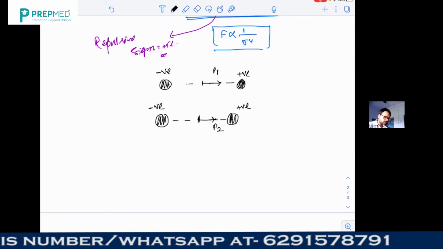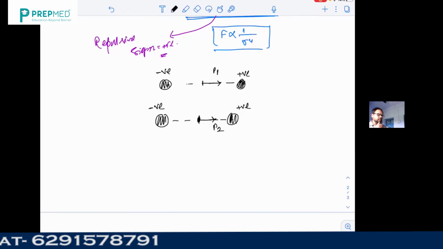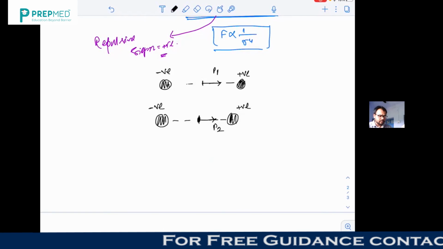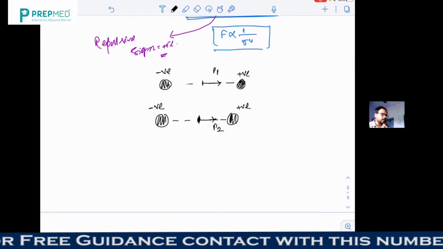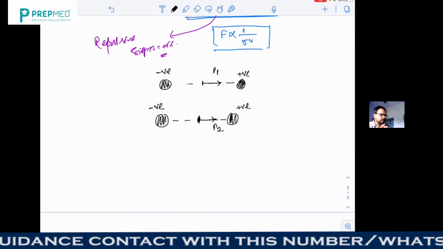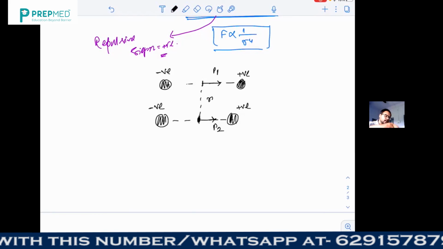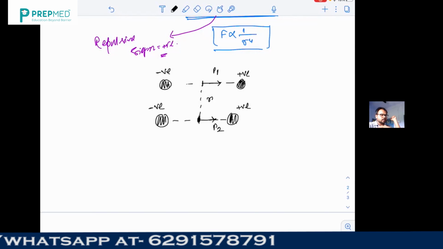So you can understand the point 2 is exactly at the equatorial point with respect to the dipole 1. So in that scenario, what will be the nature of the force? Whether it is attractive or repulsive, we can understand by the positions of the charges. This is naturally going to be repulsive because negative will repel negative and positive will repel positive. And what about the nature of the force? I mean to say that if the center to center separation is R, then how is the force related to R?